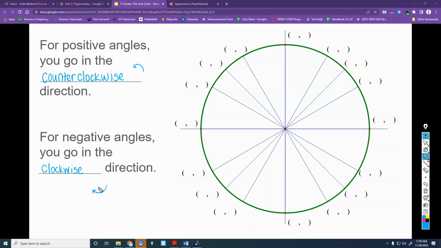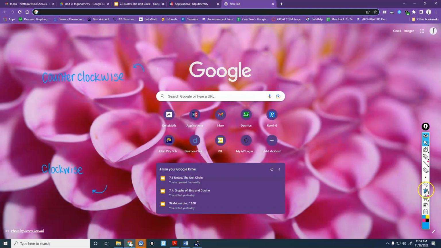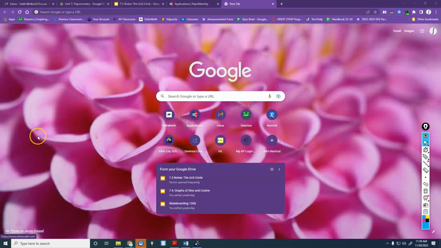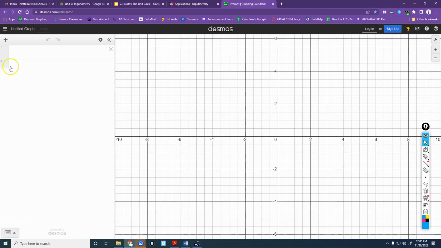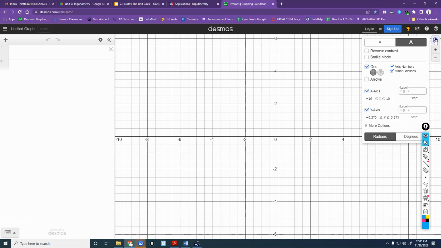But what they do give to you on the test is they give you Desmos. And Desmos will give you a lot of the unit circle on its own. So let me show you how to get to that, okay? So if I go over to Desmos right here, and let me make this bigger so you can see. So if I go to Desmos and I hit the wrench up here in the corner,